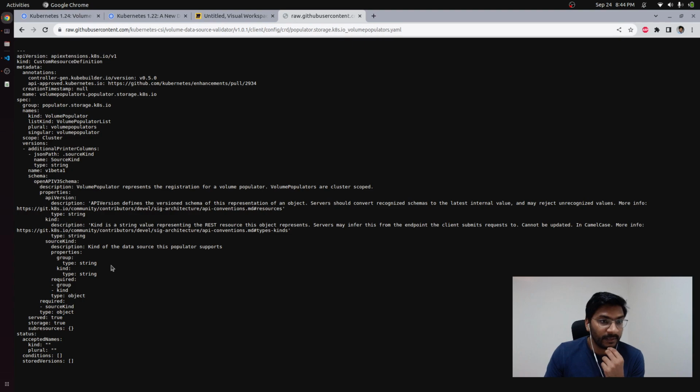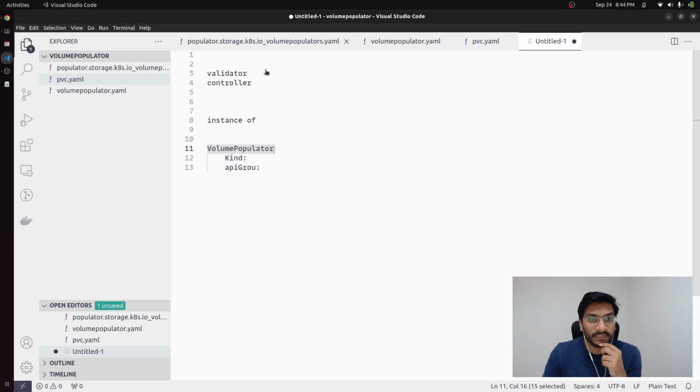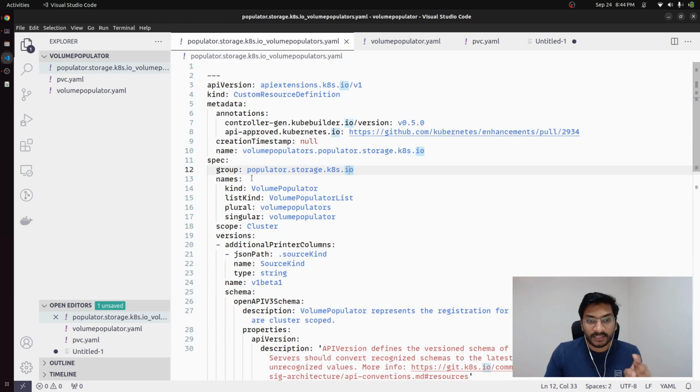I already have the CRD downloaded locally, and if you see here, this is the custom resource definition. This is the same CRD that we have here. So this is a custom resource definition that is going to introduce a new custom resource called volume populator in group populator.storage.k8s.io. So if I try to summarize, if I am creating a new volume populator,